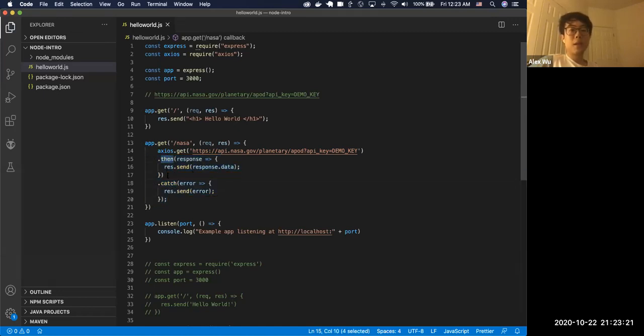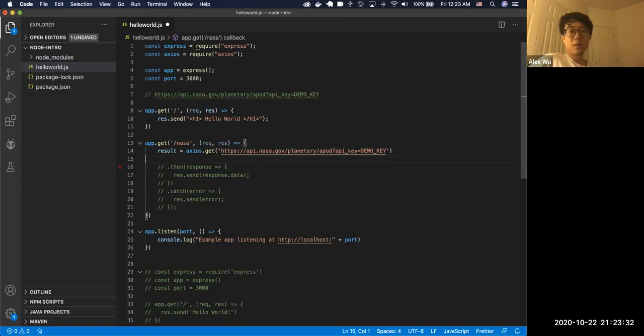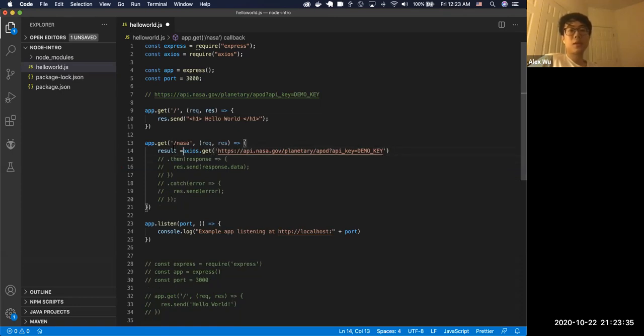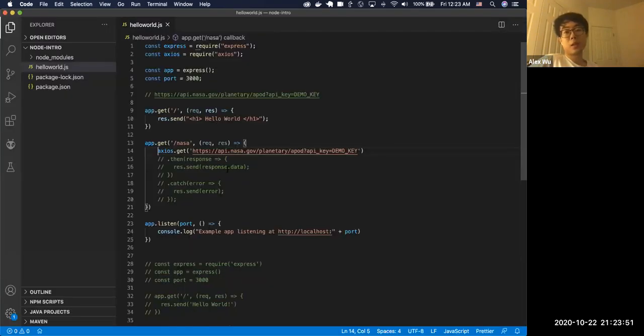So why do we use the .then method and the .catch method instead of just using, say, results and then processing the result later? The reason we are not using this very synchronous way of writing code is that axios.get is actually an asynchronous operation, which means that it takes time for Axios to send a GET request to the NASA server and wait till the NASA server gets back to us. And when we are dealing with asynchronous operations,